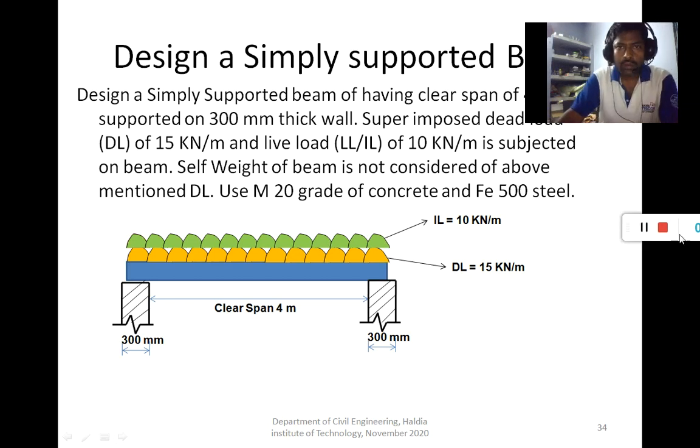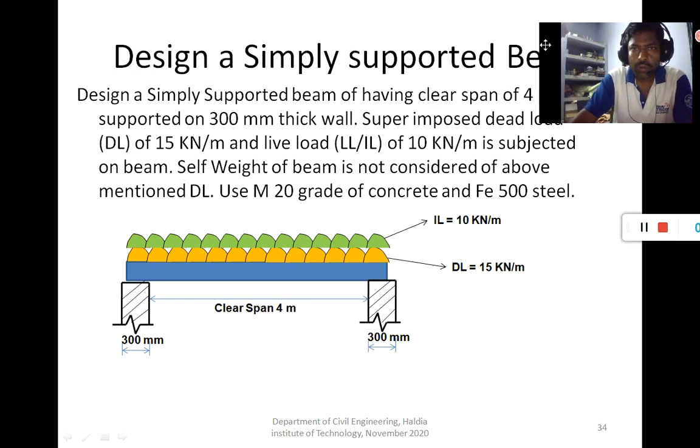Now in this slide, a simply supported beam design problem is given.